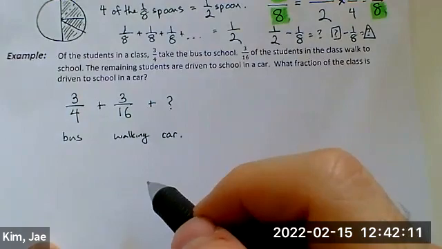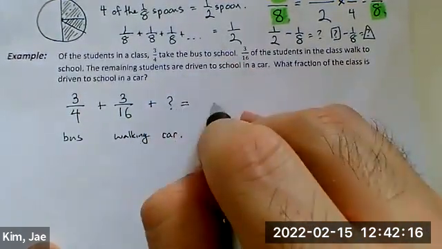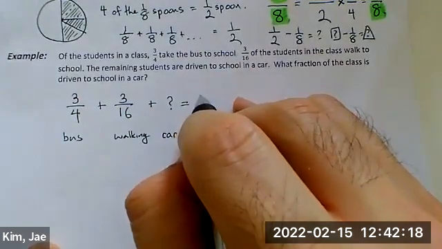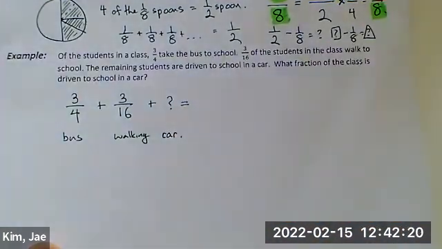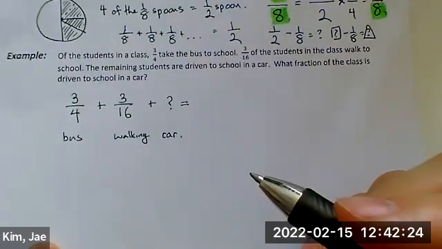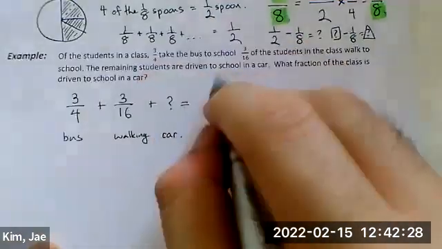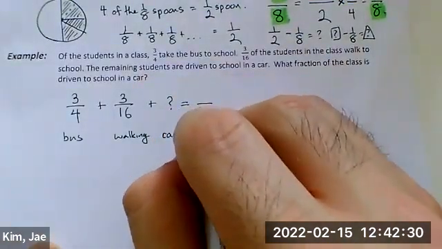What is that fraction? Well, know that if I added it all together, I am going to have a full 100%. In other words, I'm going to have a total of 1. So since I'm already here, okay, how about we do it this way? Let's pretend that